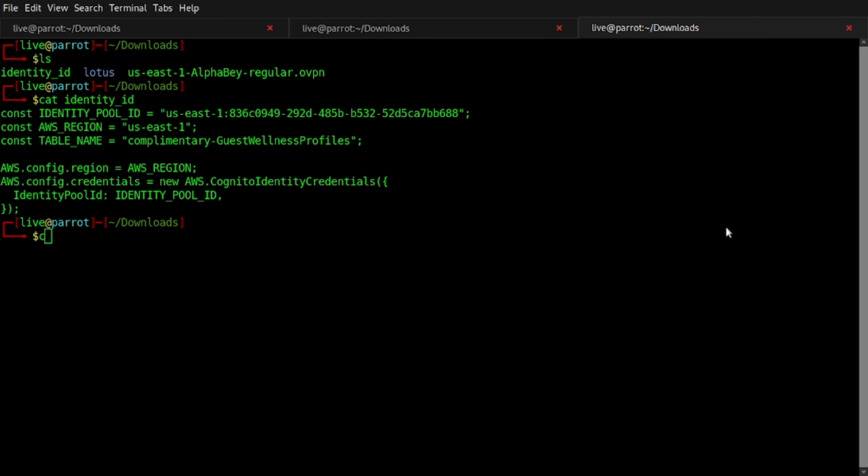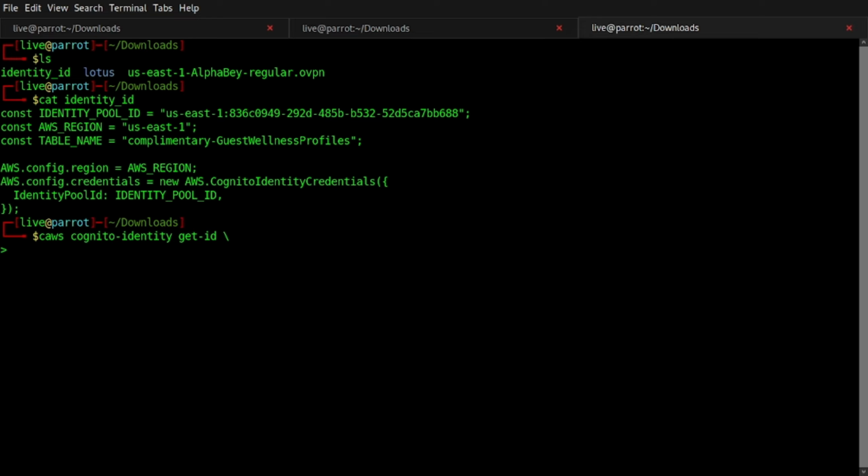AWS Cognito issues the temporary credentials, and it requires an identity ID tied to that pool. So we can just run aws cognito-identity get-id, if I spell it right,